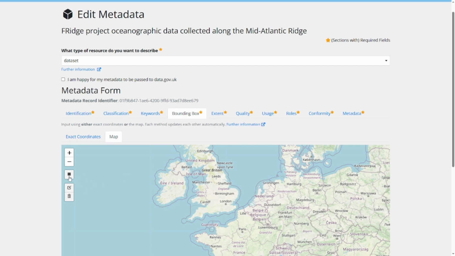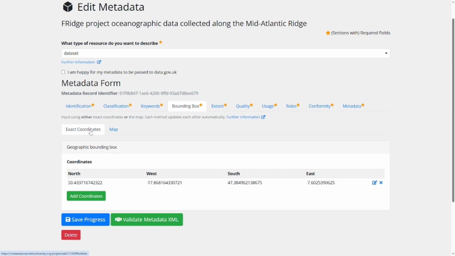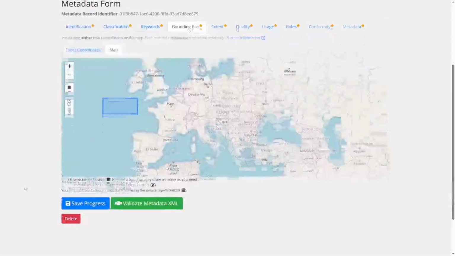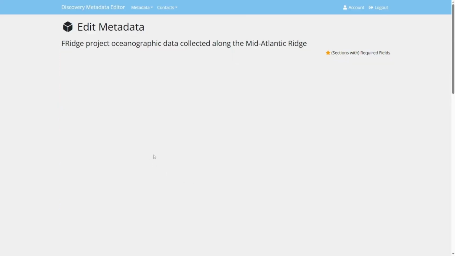So I'm going to go ahead and do that. Let's say it was done here in the Celtic Sea where my data were collected. And you'll see that this has then auto-populated the coordinates field in the exact coordinates tab for me, which is all very nice and handy there. Okay, so now that I have that, I am going to go ahead and save progress and move on to